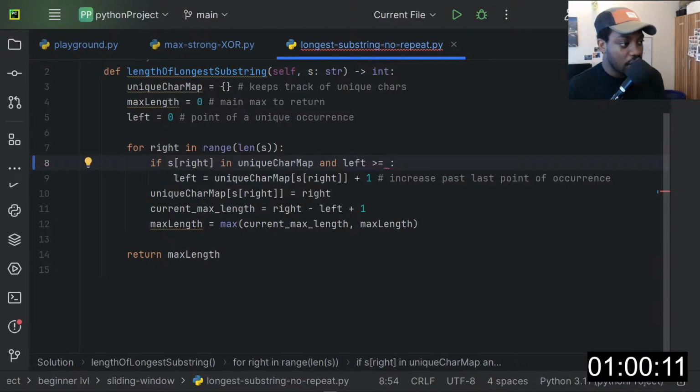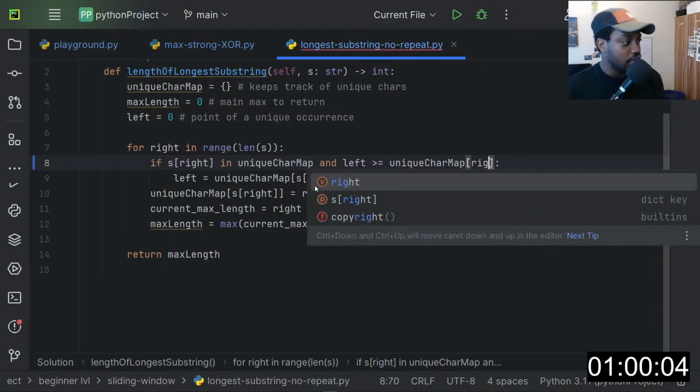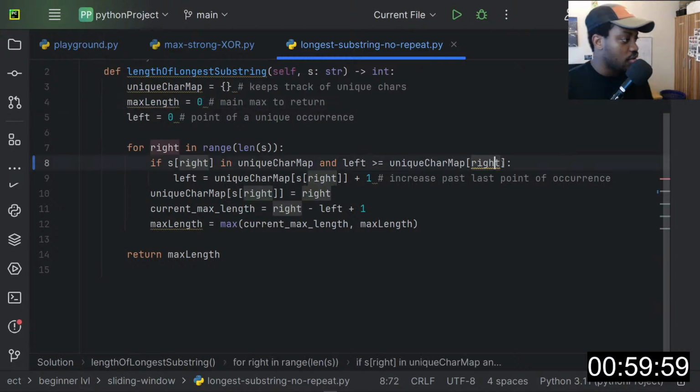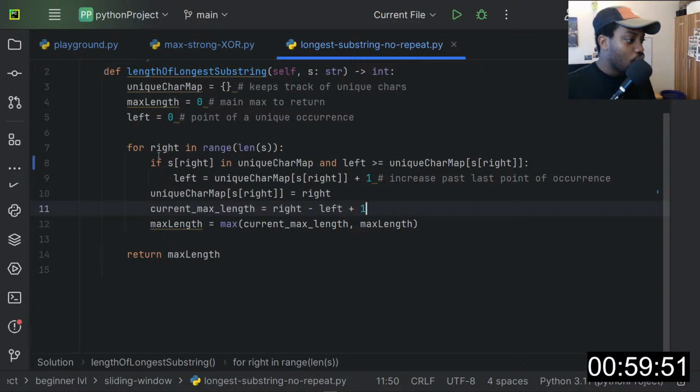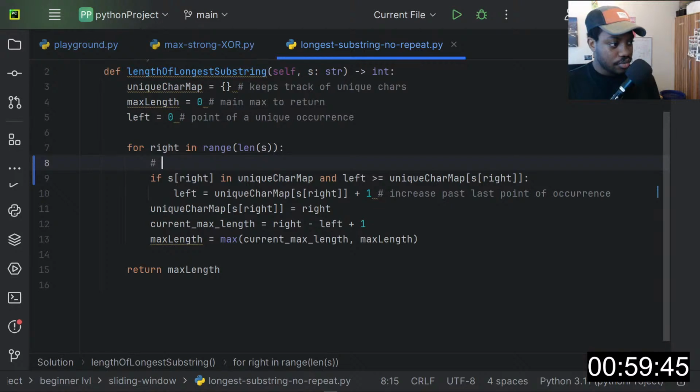So I'll just take the unique character map at r. So only if this is true. Oh, sorry, unique character at, yeah. So at this point, let me add a comment here. Check if, okay, let me say